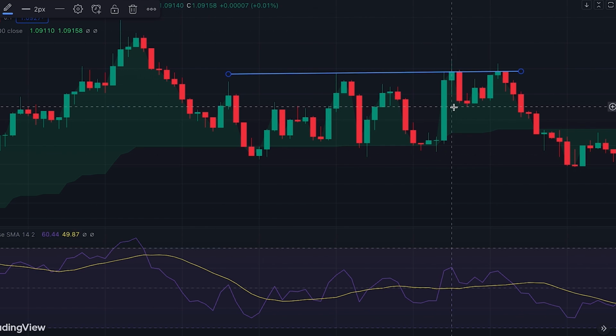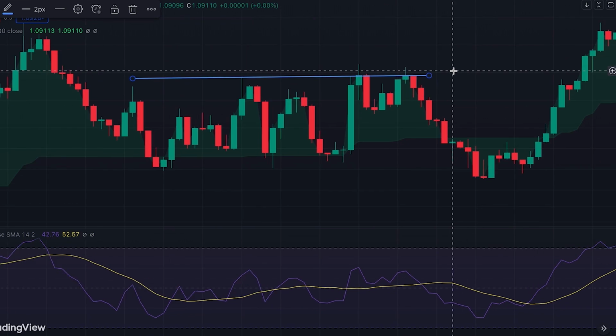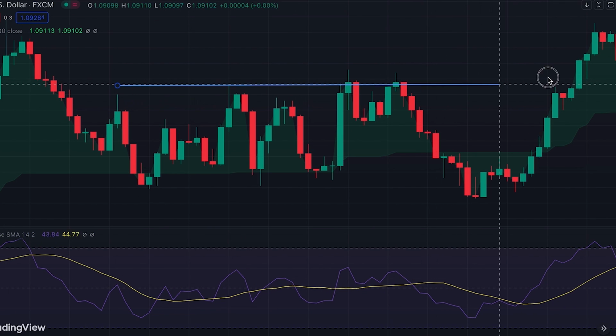In this situation, where the market is in a trading range, RSI reaching the 60 level is not enough to enter a trade, because you can see that the price is still below the resistance level. And if we move forward and extend our resistance level,